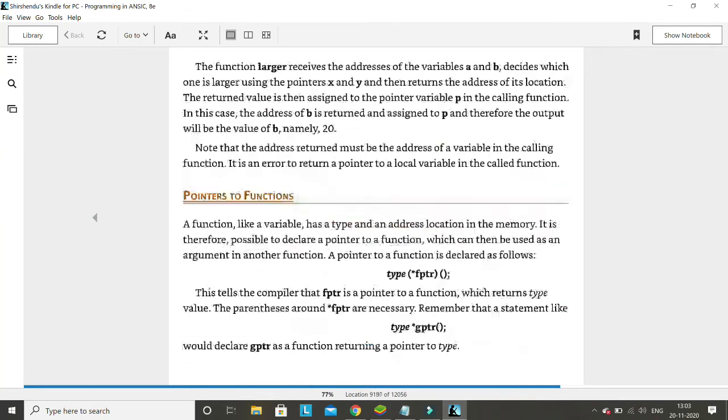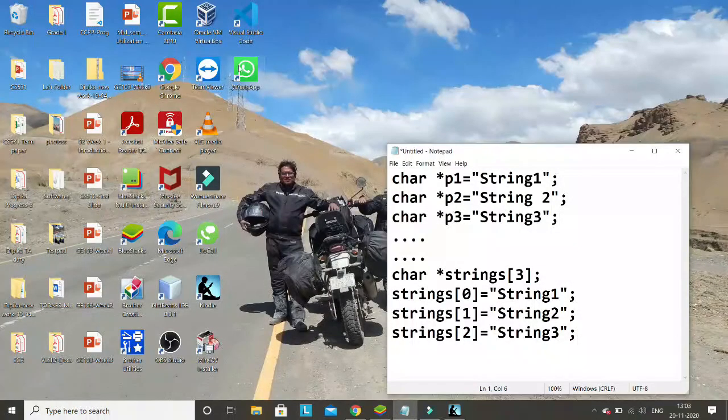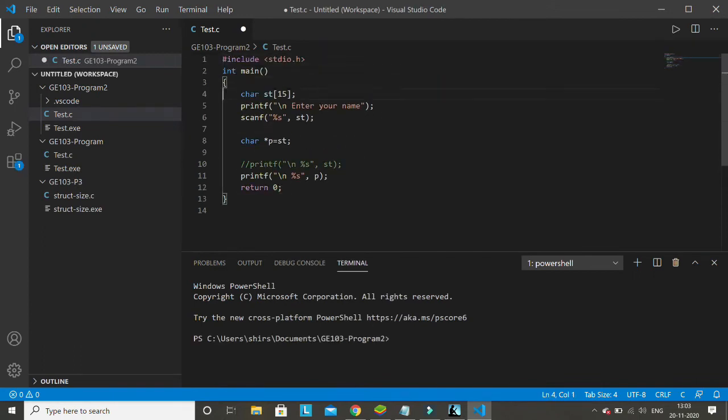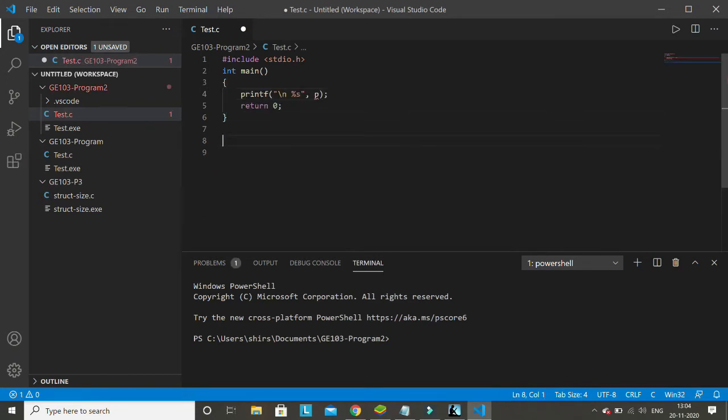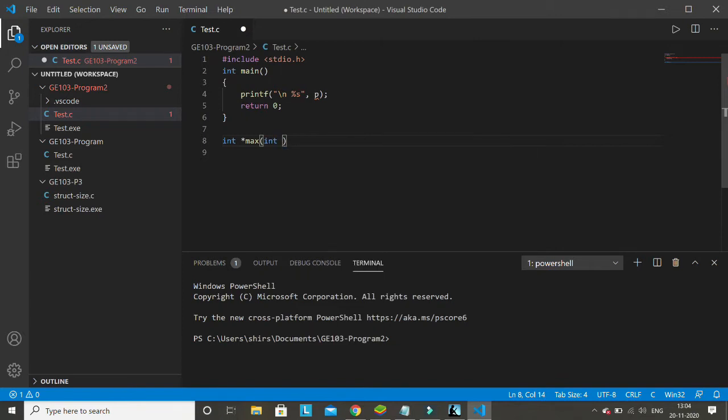So if you see the code here, or maybe I can write this code for you. Let me quickly run only one code to explain how to return a pointer from a function. So I'm deleting all this from here. Let me first write a function here, integer star, then maybe sum, or maybe max, which one is maximum, integer star a, integer star b,